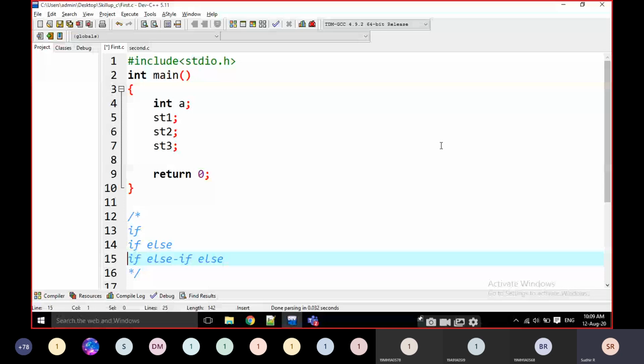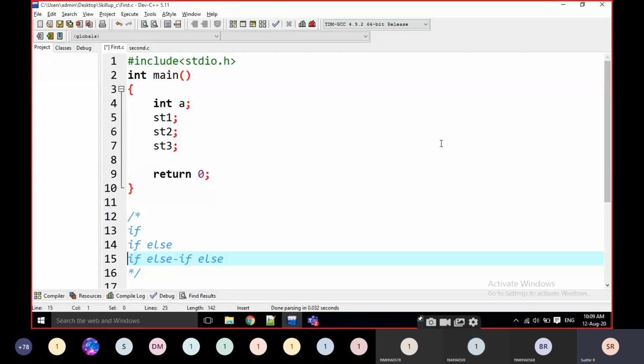Only two ways. For example, what is my grade? For example, I qualified some exam. What are your grades? Every intermediate student who got A plus grades, I know that, but there are a number of grades, right, based on the percentage. A plus, B plus. There are a number of grades. How many possible ways are there? More than two, right? Not only two. Every time there are a number of ways. More than two. Then we go for if, else if and else.